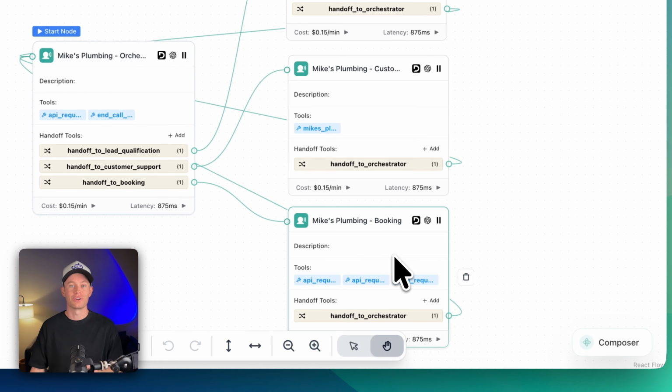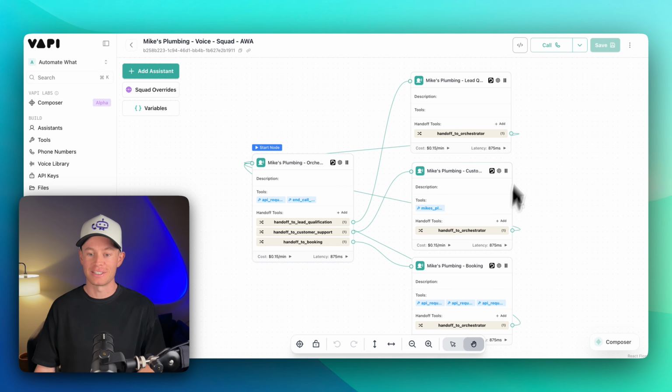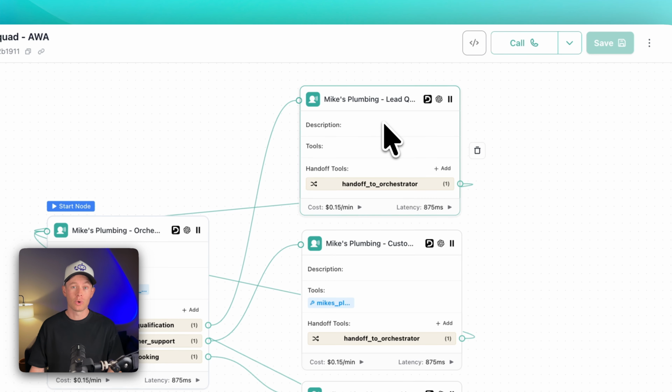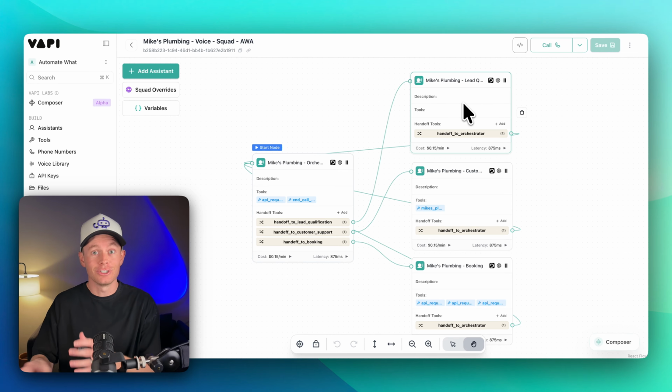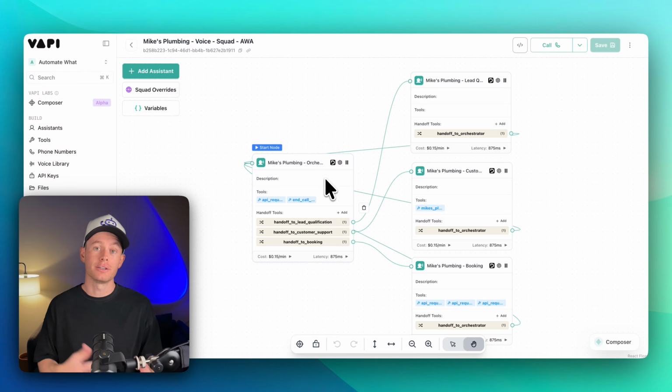This is for our fictional company, Mike's Plumbing. We're doing that once again for this demo. So for Mike's Plumbing, we have a lead qualification agent. If the call right off the bat sounds spammy or unrelated to maybe service requests for plumbing, then the orchestrator agent is going to pass off to the lead qualification agent to verify to make sure, is this someone who's just selling us something, or is this actually a customer seeking plumbing services for Mike's Plumbing? And then once that agent does its thing, it qualifies the lead, the caller, it passes it back to the orchestrator agent. From there, the orchestrator agent can determine what to do next.